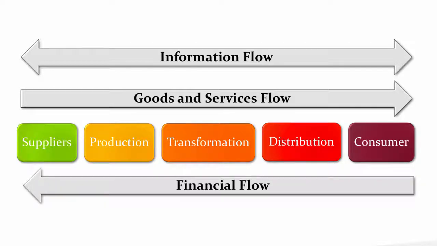And then we have a third flow. This third flow is different. This is the information flow. And why is it different? Because it goes both ways. Take a look at it. From producer to consumer, and from consumer to producer. It is a basic flow, and it has to work both ways. With the technologies and innovative communication era, everybody understands that consumers are interested in the origin of their products.